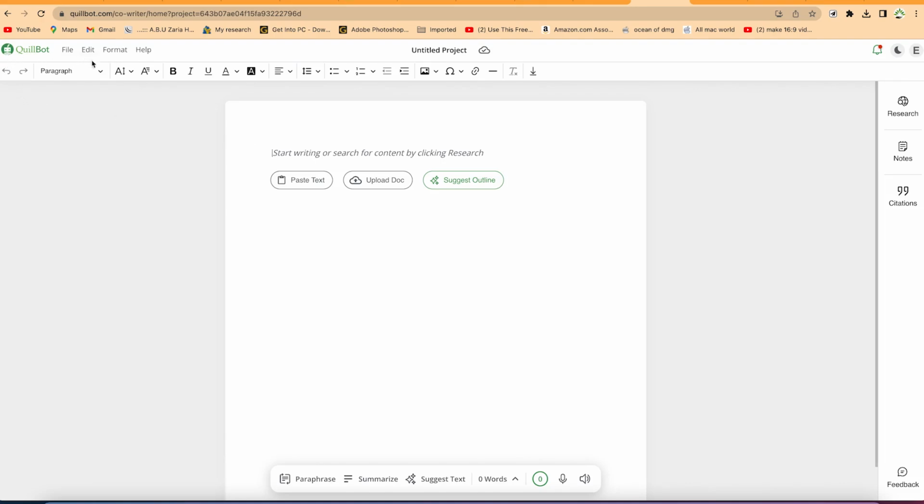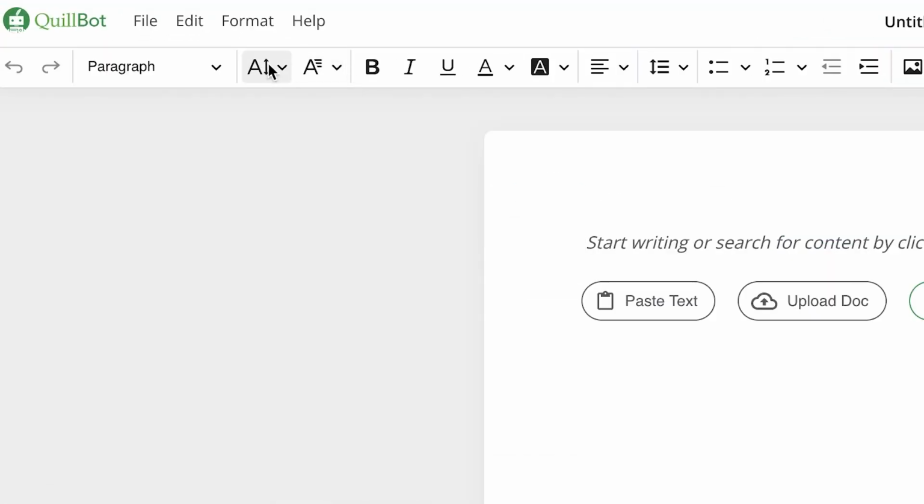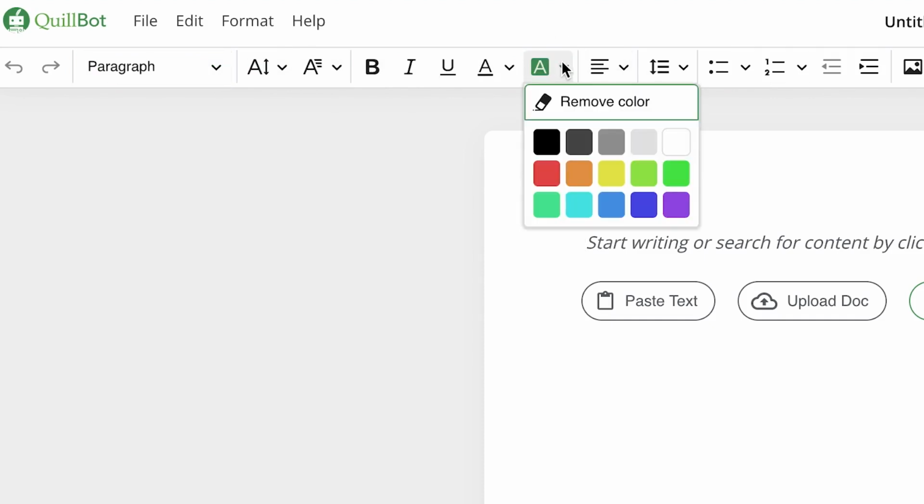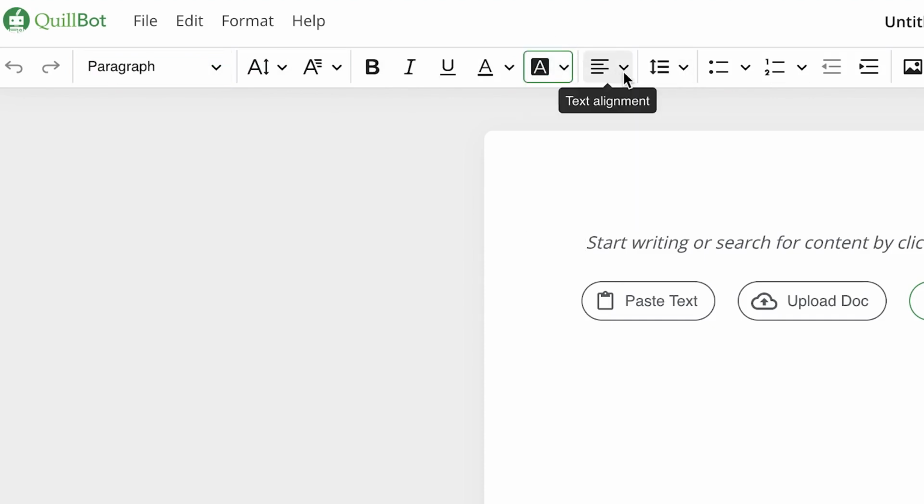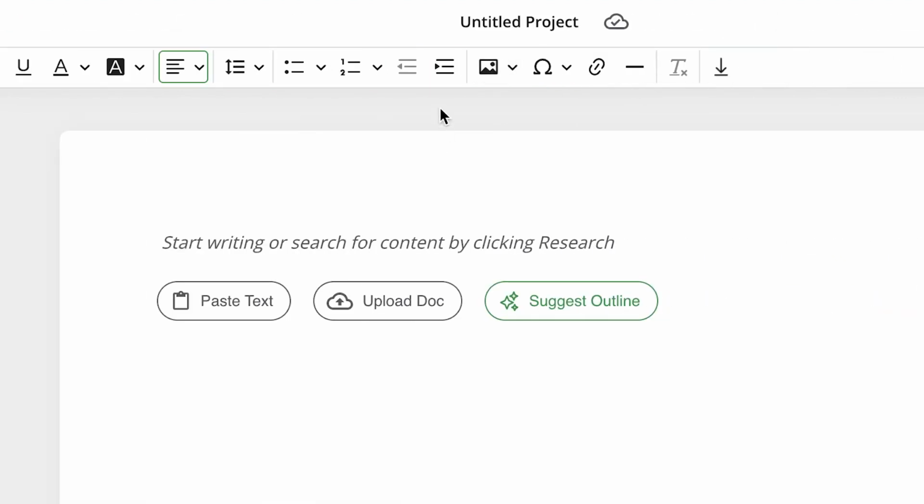So once you click on blank project, you'll be brought into this, and you have a series of options, especially the editing features, the text editing features. You could do all sort of things from here, from mathematics to font sizes, different kind of font sizes, to paragraphing, different kind of paragraphs. You could bold, italicize, underline, and all these coloration features and adjustment. Okay, you can adjust left, right, center. You could see the bullet points. You can play around with basically all the word features that are available. You can find them over here as well.